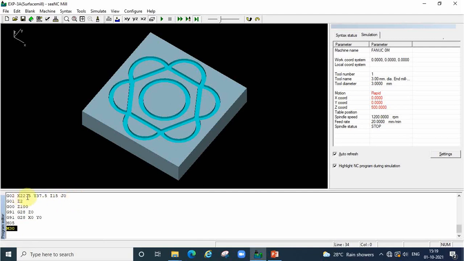This X22.5 and 37.5 also we can omit. Simply we can write G2 I15, we will get a circle properly. So this is the way to use the software.